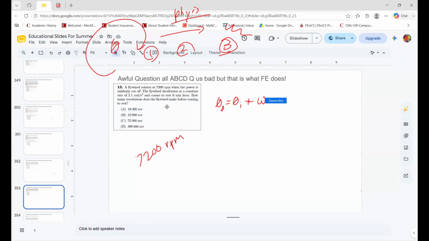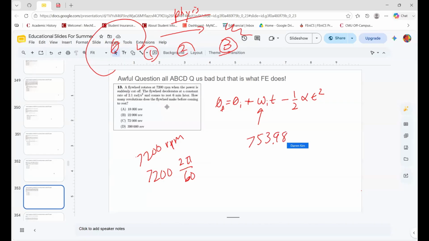Okay, anyway, omega i t and there's a minus 1/2 alpha t squared, right? And with that said, a flywheel, so we are dealing with 1200 RPM. Where does that go? That goes in here. So 7200 multiplied by what is it? 360. No, I'm getting tired, I guess. It's 2 pi over 60, right? I don't know what that is, but we could just plug it into our calculator right now. 7200 multiplied by 2 pi over 60, which equals something like